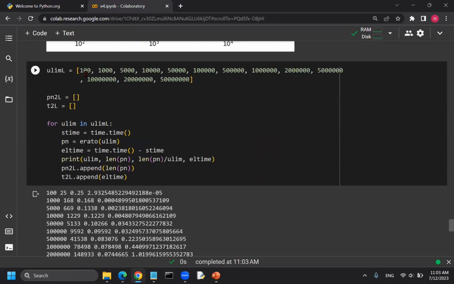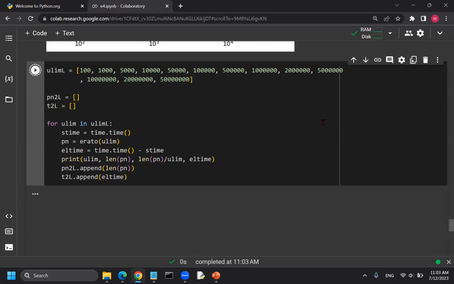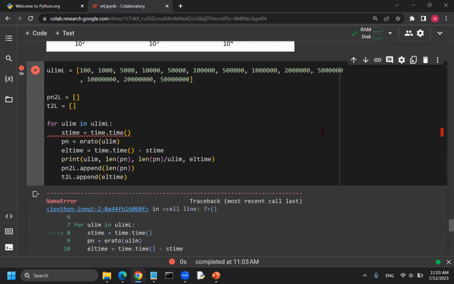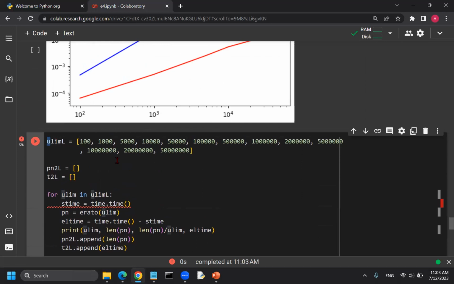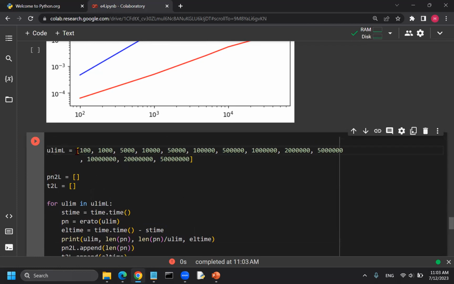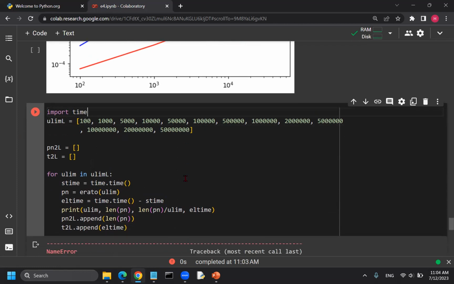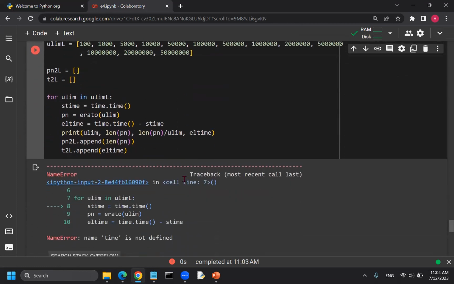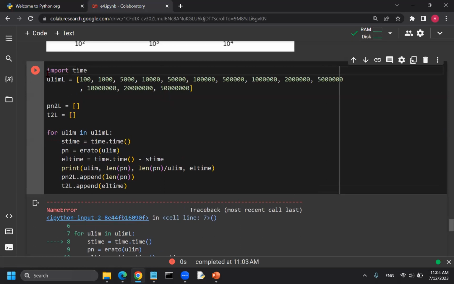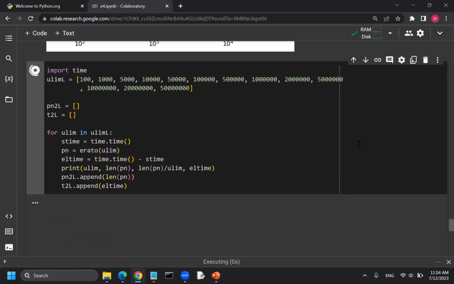Run Eratosthenes starting from a range of 100, 10,000, a million, and 10 million to 20 million. And we found that we could go up as far as... okay, we forgot to import time. So let's go ahead and import time. And then let the program do the work up to 50 million. In the meantime, let's think